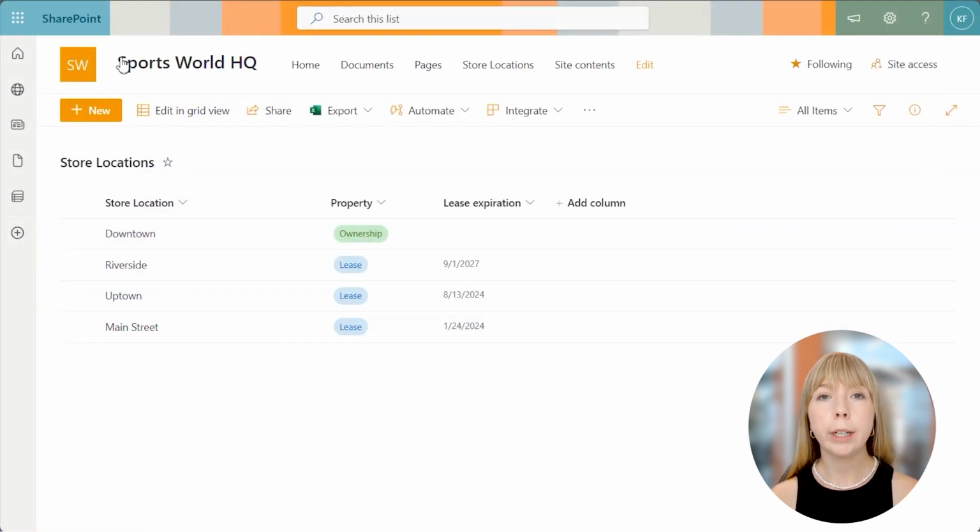Here we have the store locations list, and let's imagine that a regional manager may want to see all the sport categories available in each store location. However, the sport categories list is located on a different SharePoint site, so we will be using Lookup Control from Plumsail Forms. And later in the video, we will also see how to display all store locations where a particular